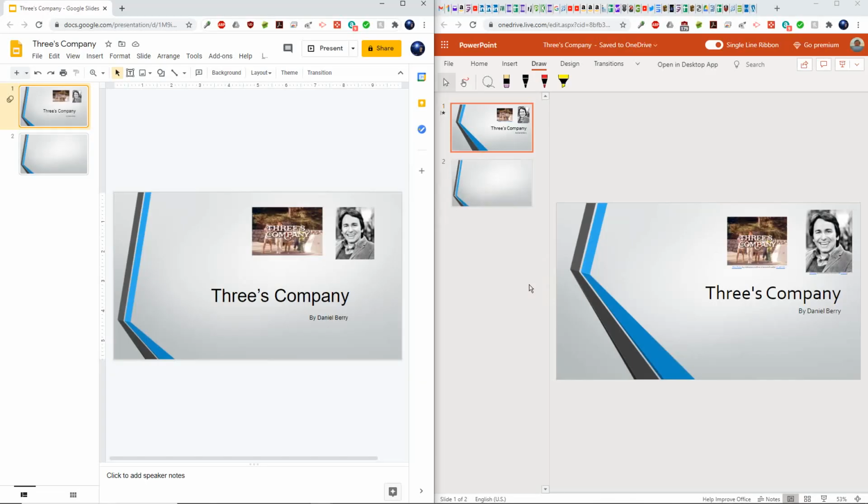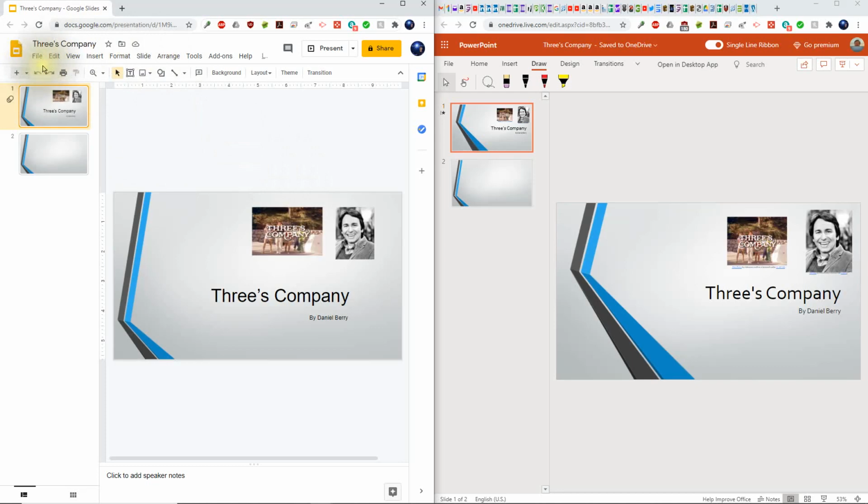Now, before we begin the practice portion of lesson 13, I did want to go over how Google Slides compares with Microsoft's PowerPoint. And so what I did was I created the exact same presentation on both. And so I was able to find the same images, add text boxes and insert the text as you can see here, find backgrounds, and really, it doesn't matter which one you use, you are able to create presentations either way. What I'm going to show you now is how the tools and options are different on each.